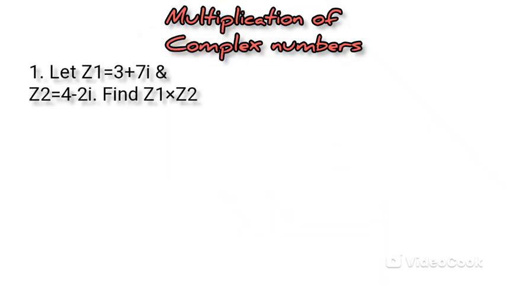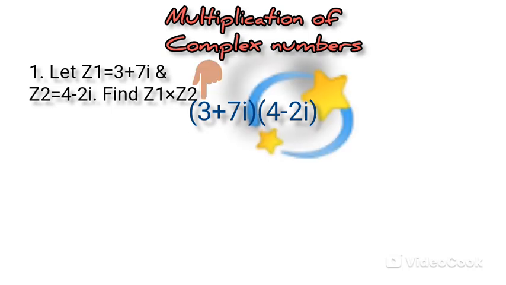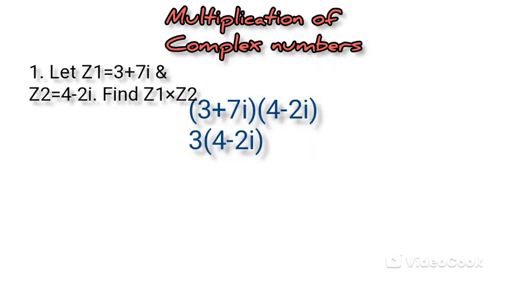It reads, let z1 be equal to 3 plus 7i and z2 be equal to 4 minus 2i. And now we're being asked to find the product of z1 and z2. Okay, we just write it kind of like that, and here we just use normal algebra. So we'll multiply this 3 by all the terms in this bracket, and then multiply 7i by all the terms